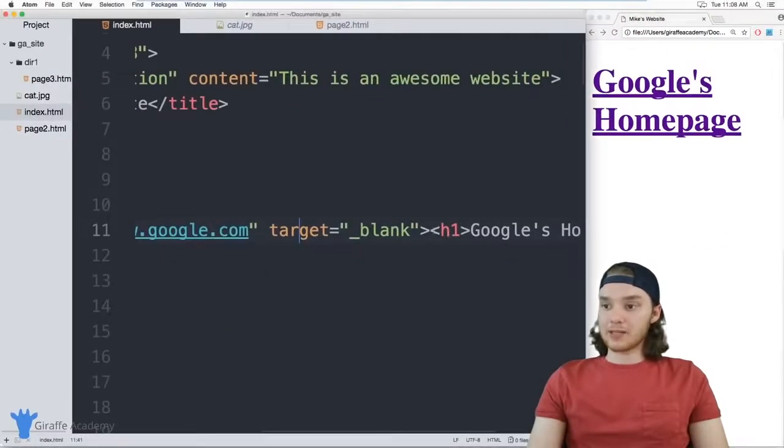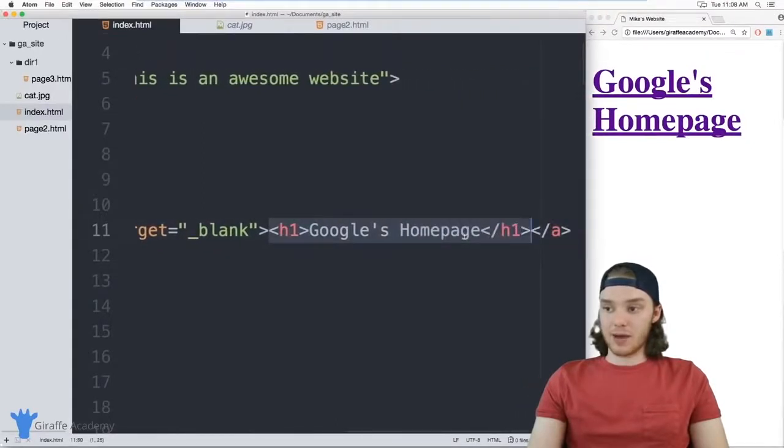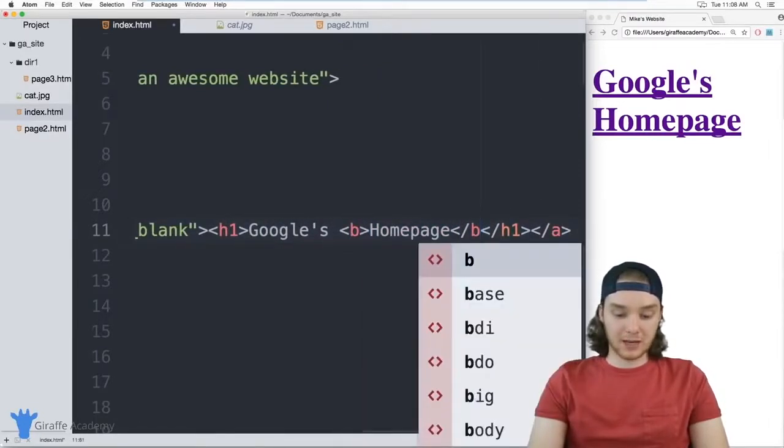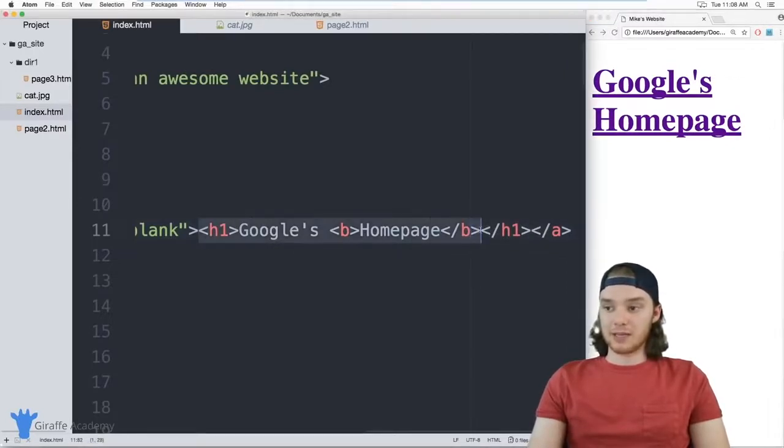And so again, inside of this link, I can put any HTML elements that I want. So I could put like an H1, or maybe we wanted to make this homepage bold, we could put a bold tag in here. And you can really get creative and style these different links different ways you want to. So don't be afraid to put HTML elements inside of these A tags, because it's definitely something that you're going to